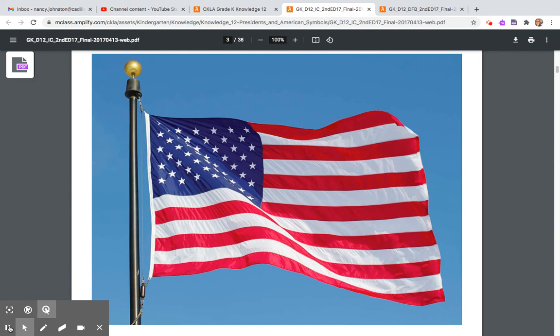The 50 stars are symbols of something. What do they represent? They represent the 50 states of the United States of America. What city is the capital of our country?